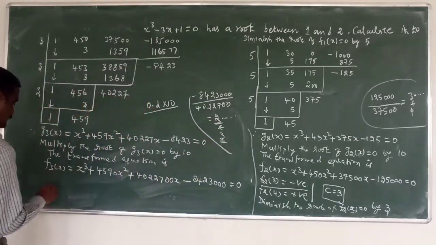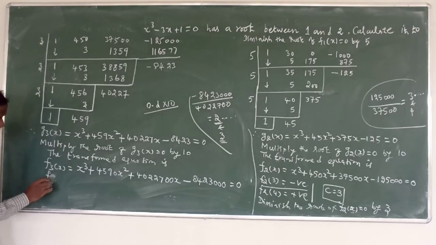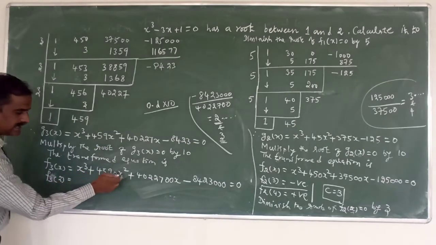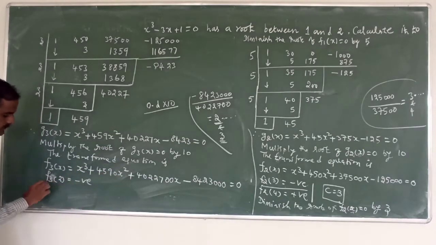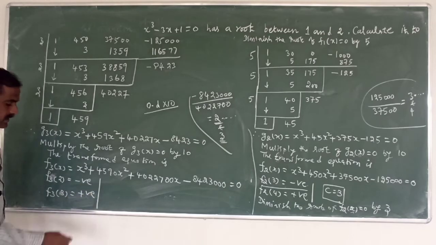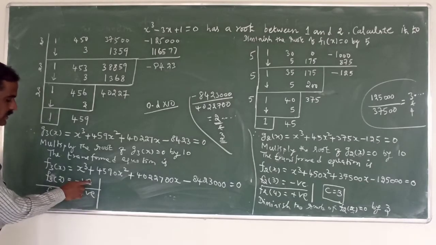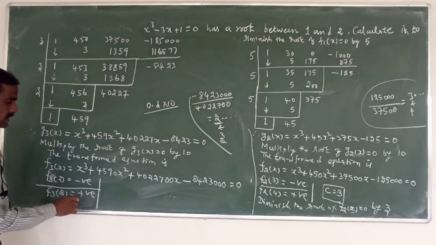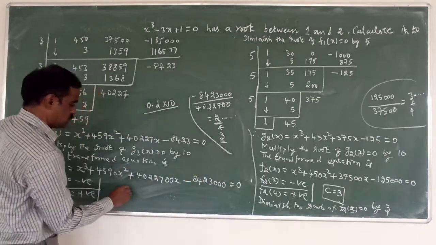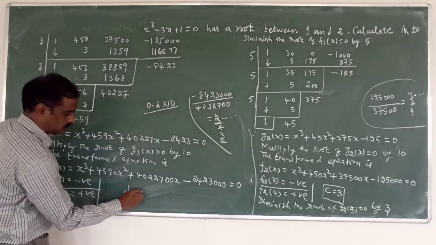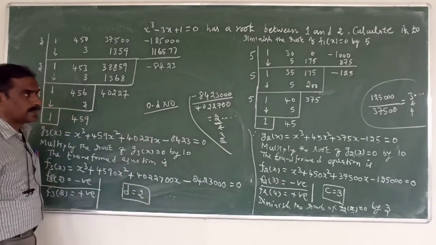Now to substitute f3 of x value here 2. 2 means now 2 value substitute here, we can get the result is negative, and f3 of 3 equal to, we can get the result is positive. So in Horner's method, always we have to take the negative. And here d value. Now d value is 2. Okay.